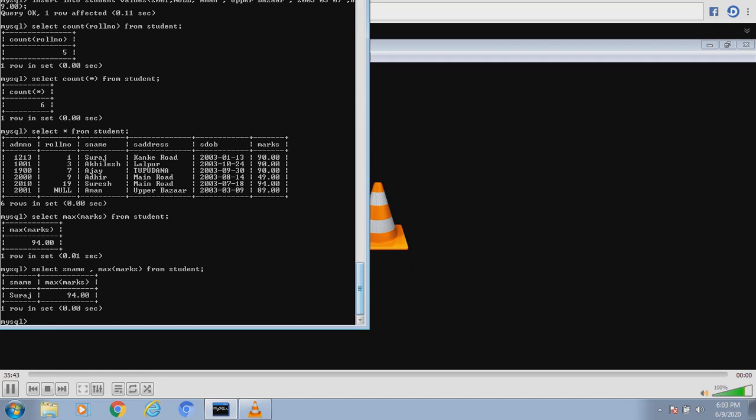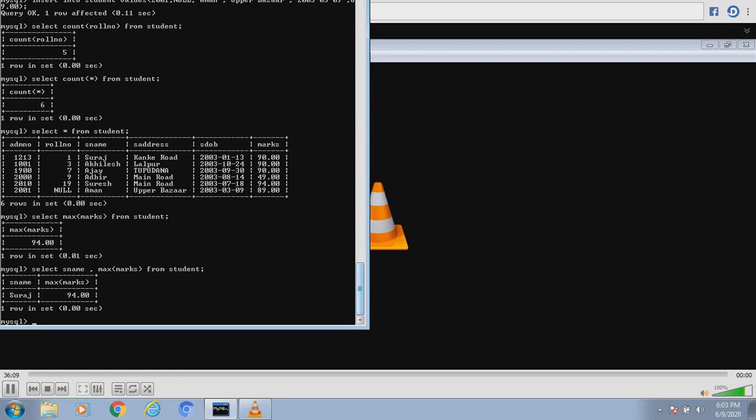Never use max marks with a field name which can give more than one value. We will simply use select max marks from student. Understood? So this is how we would be using it. In the next video, we will see group functions, how to group the functions, then we will understand this to some extent.